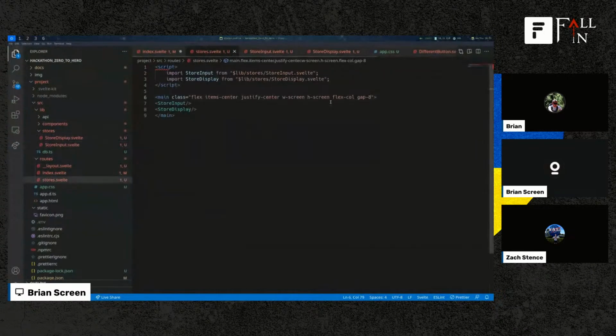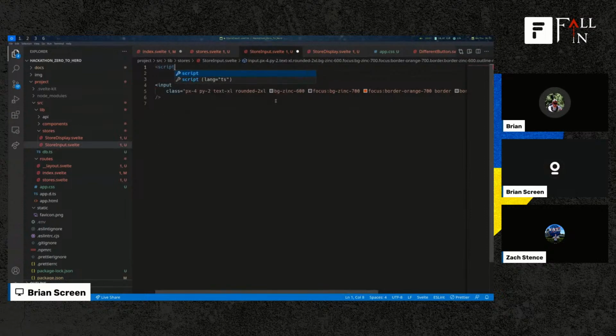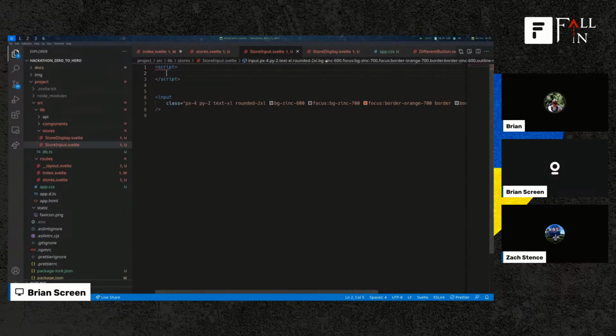All right, so now the stage is set. So let's say that I want my input from one component to touch another component, in this case, our display. Like I said, super contrived. So we've got a couple of ways to do that. But we're going to need to start by exposing props in both components. So we're going to do a script tag